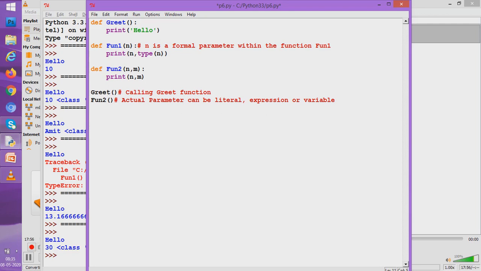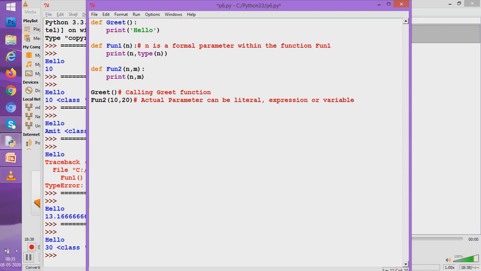Now how to give the value? Let us see. See, we give the value in this way. So how many values did we give? We gave two values. How many parameters are waiting for taking the value? Two parameters are waiting for taking the value. So fine enough. We have two parameters who want to take the value for fun2, and we have two values while we are calling fun2. Now the question is, who is going to take the 10 and who is going to take the 20?